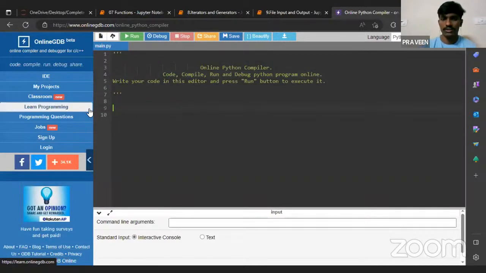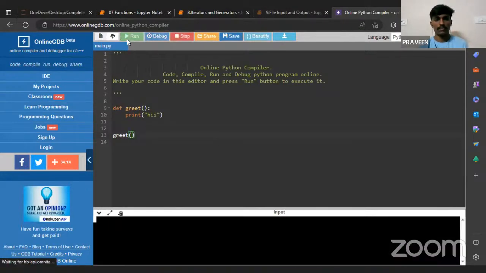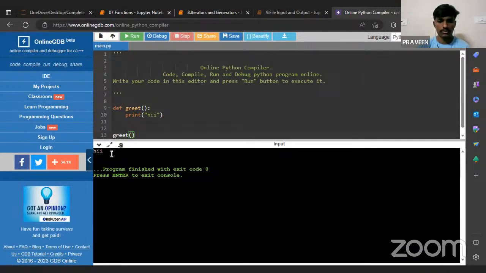So how to create a function is a very simple thing. We'll create a function using def, and if you want to create a greeting function, you can directly use print hi, and you can directly call this name in the end. So when you are running this app, here you can see my console, in which I'm getting hi